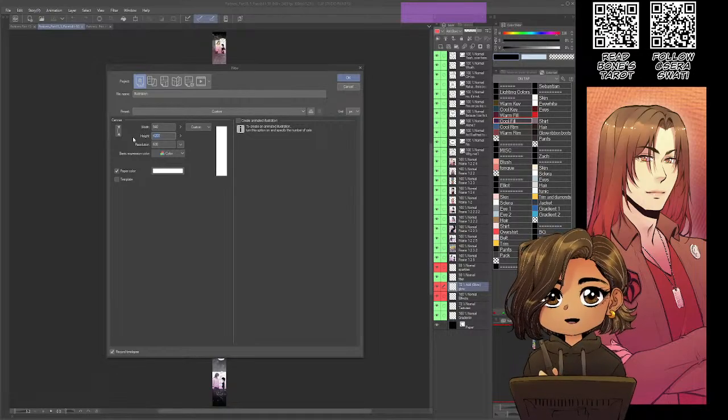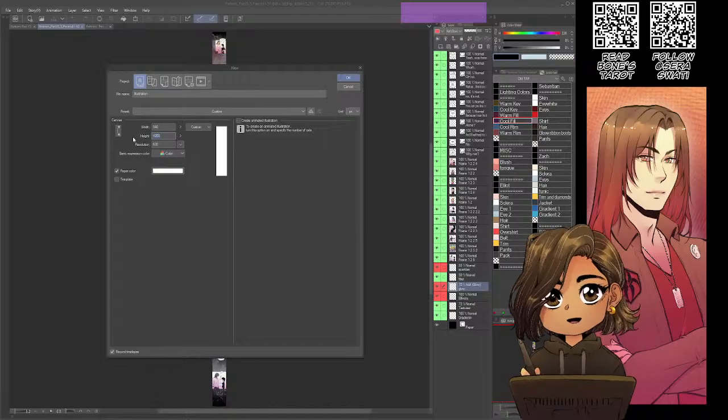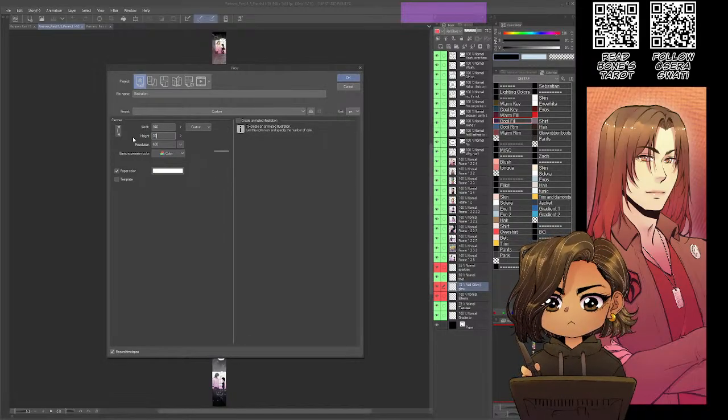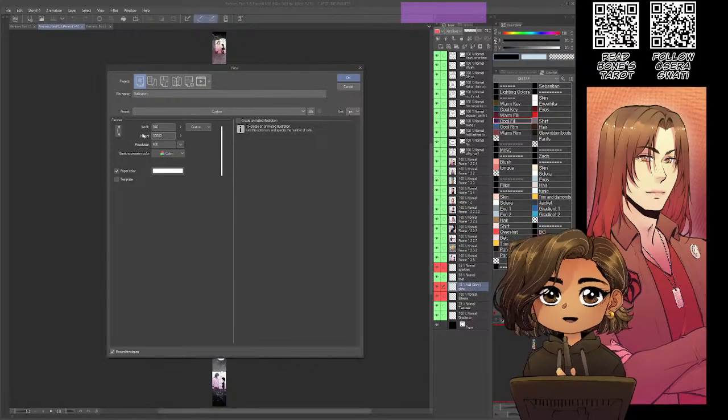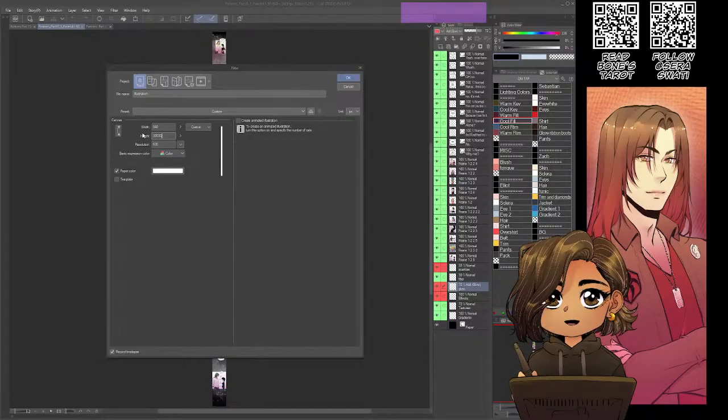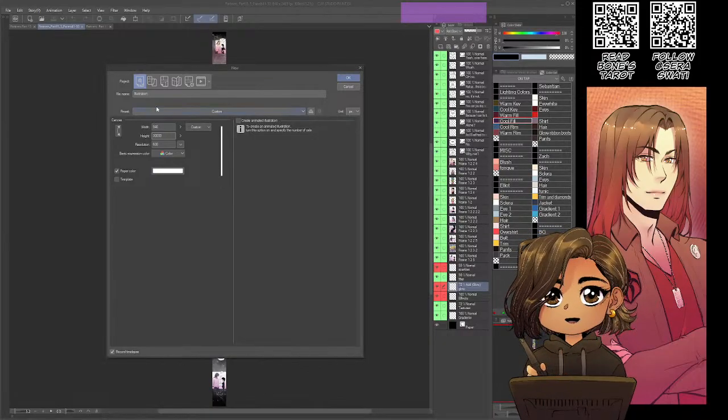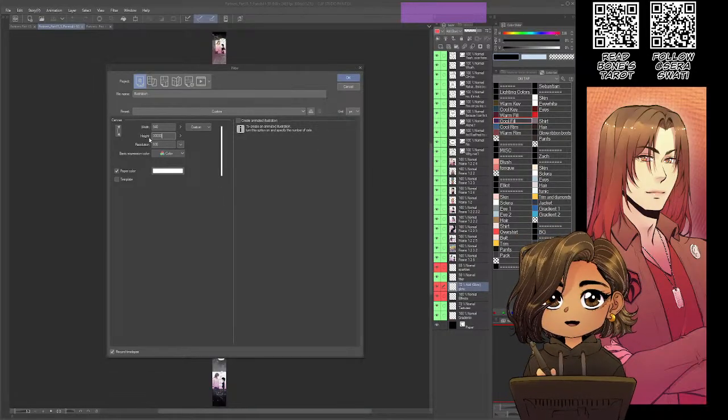Length can be, what was it? 30,000 is the longest length canvas you can save as a JPEG from Clip. Your Clip file can go up to 50,000. But JPEGs are cut off at 30,000.